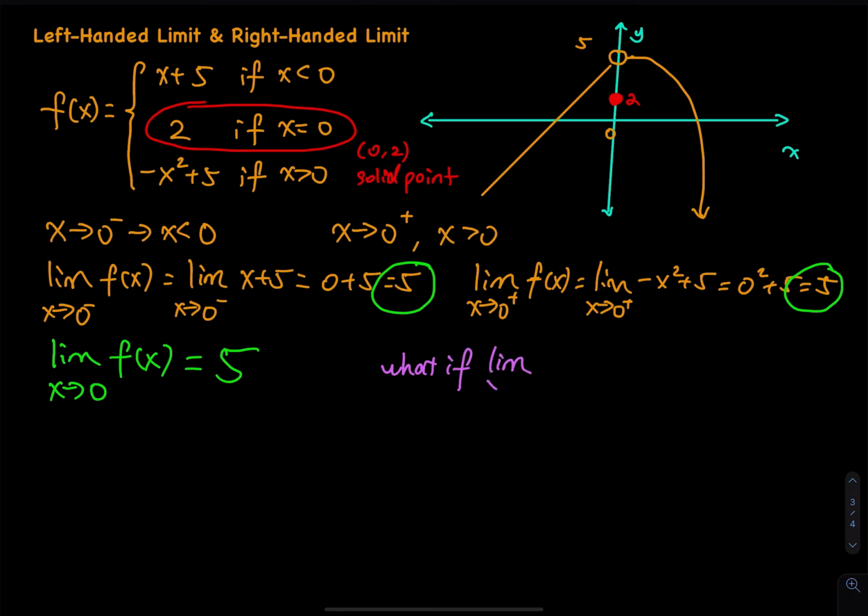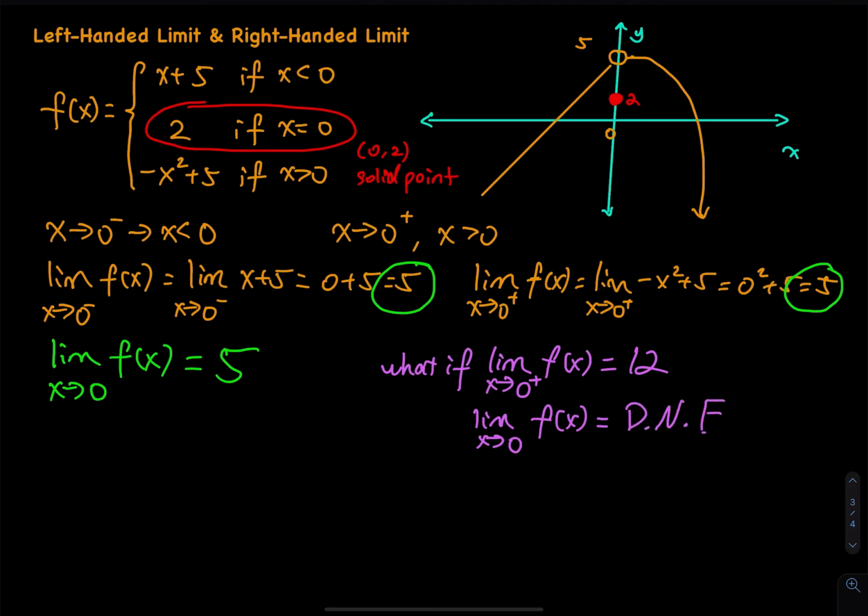the limit as x approaches 0 from the right, just a what if, of f of x, is equal to 12. What happens if that is equal to 12? If that is equal to 12, that means when x is coming to 0 from the left hand side, y stops at phi. When x comes to 0 from the right hand side, y stops at 12. That means those two functions are broken into two pieces. They stop at two different destinations. As a result, the limit as x approaches 0 from either side of f of x does